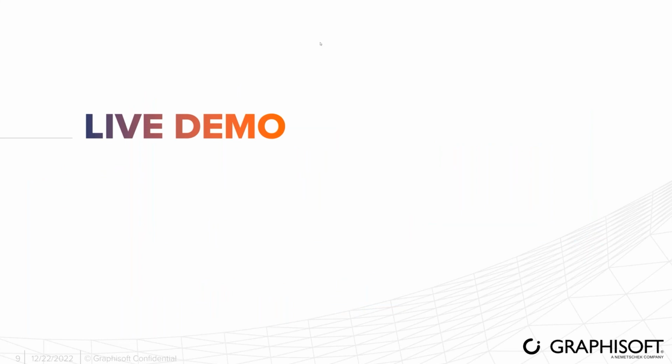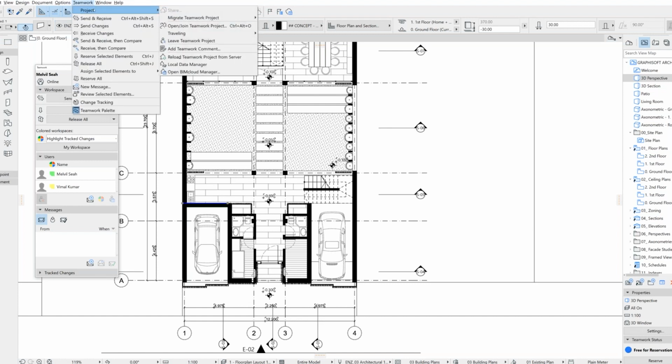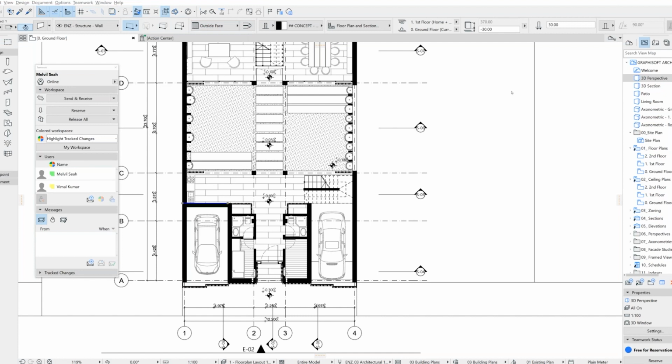So now let me move on to the live demo of this teamwork concept. In this live demo, I'll be using the Vida Patio sample project, which you can find on our Graphisoft community, and have this as a teamwork project. I already shared it, so you can share your design project onto the BIMcloud as a teamwork project by going to teamwork project and share. And other users can join or open the teamwork project by selecting this option. So if they select this option,